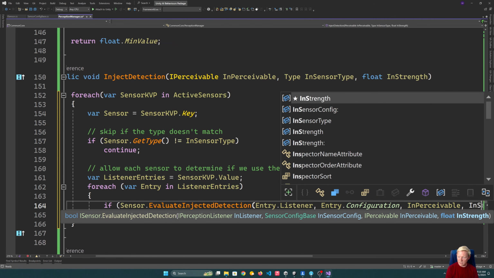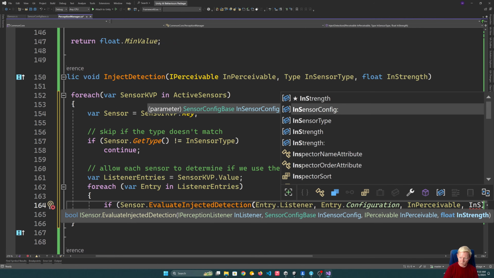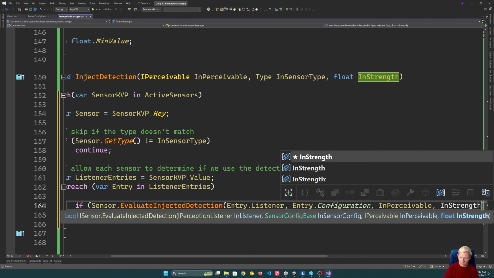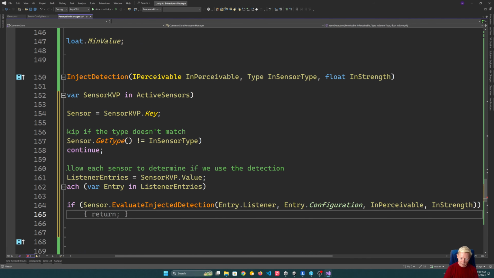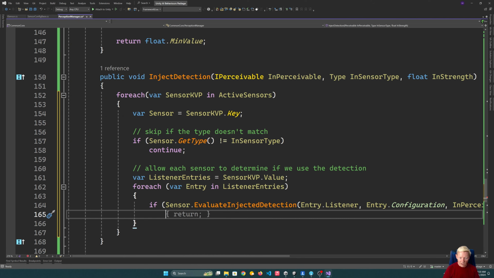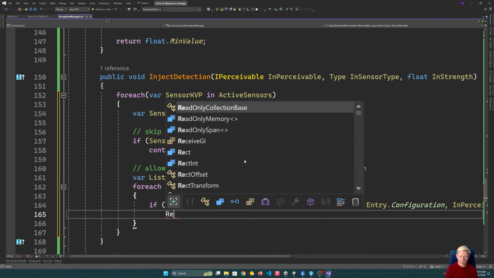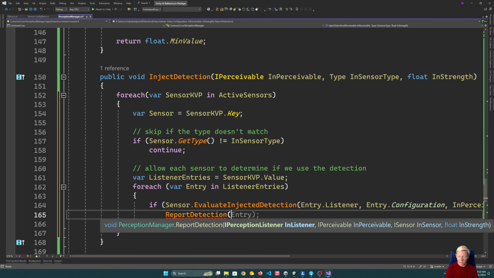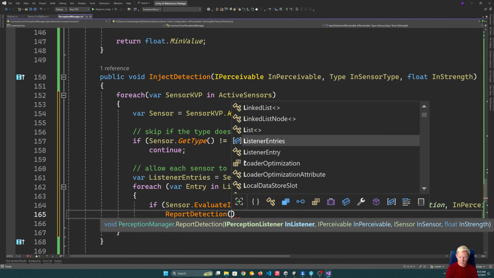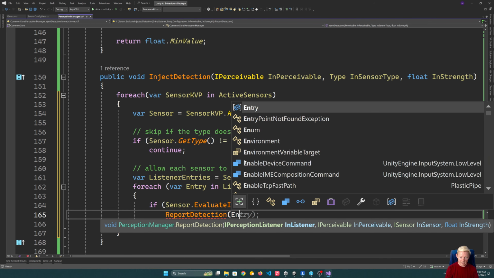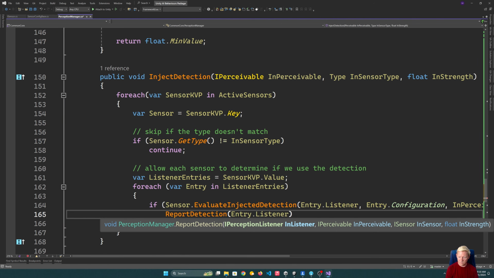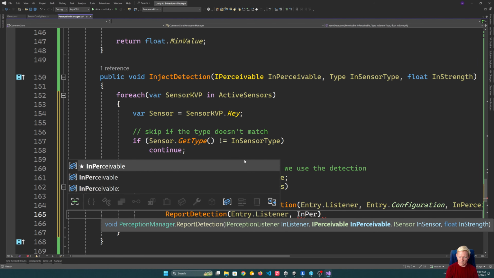And although we're not making any use of it, we're still going to provide the strength, just in case we do want to make any use of it. So if that returns true, that means the sensor has said this detection is valid for you to inject. So we will just do a report detection, and we have entry listener, IPerceivable,